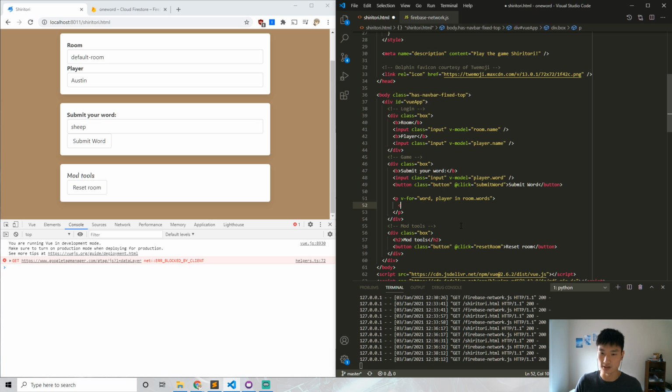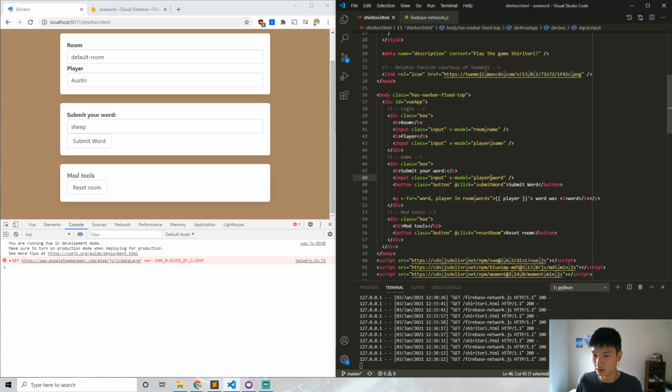So let's see, b, I'm going to bold it, player. Actually, I'm not going to bold this one. I'm going to bold the word instead. So just say the player's word was, and now I'll bold it, word. So I saved it, it reformatted it, and I'm hoping,